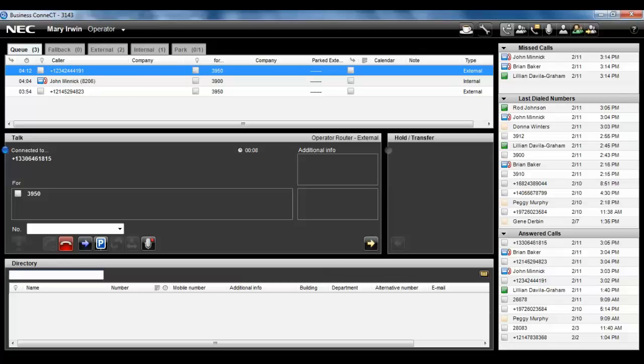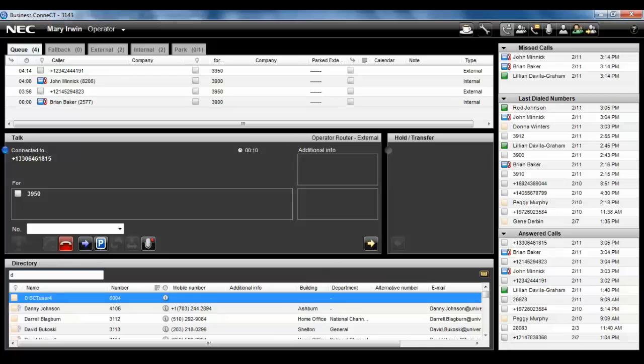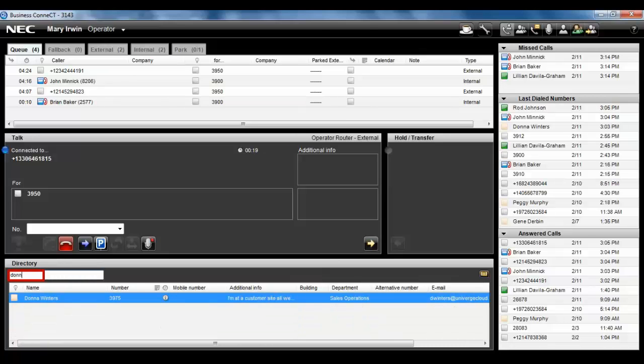The operator simply starts typing Donna's name. There's no need to use the mouse and place the cursor in the directory. This happens automatically as soon as the operator starts typing. The more letters typed, the closer the match. Since there's only one Donna in the directory, as soon as her name is highlighted, hit enter and the transfer